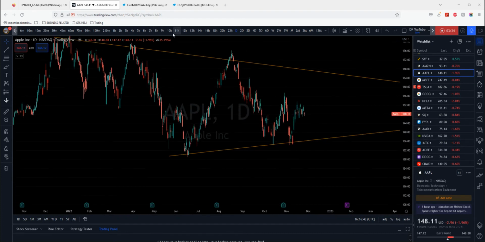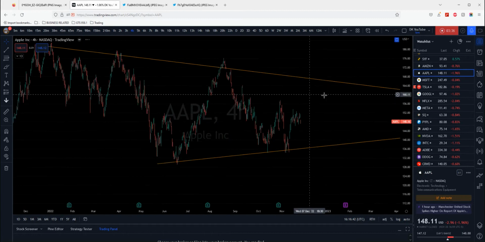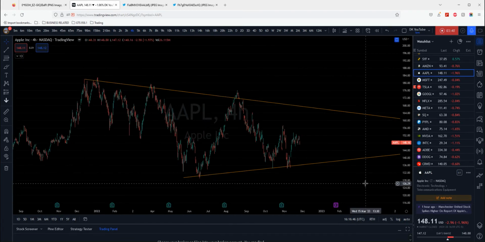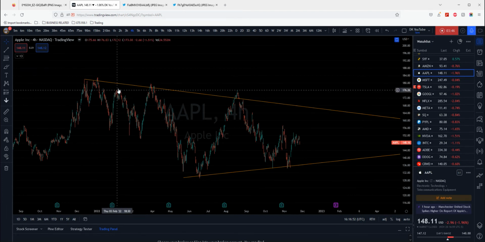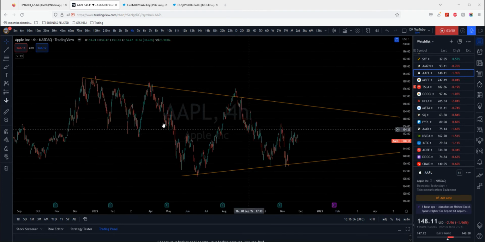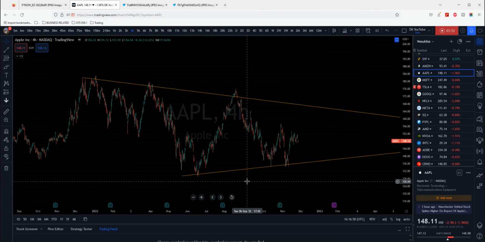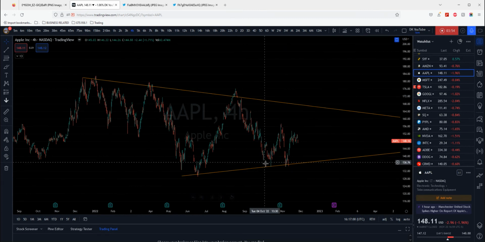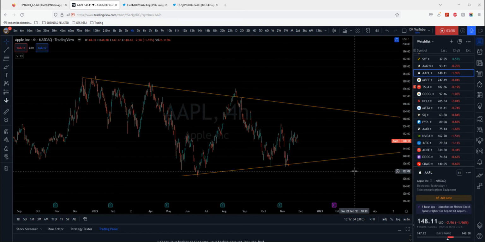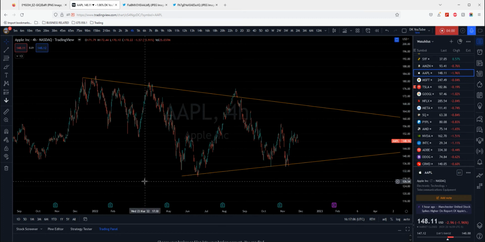So when we move back to a 4-hour chart, this is at least 1 year of distance. From here this is 22, this is 23. It's almost 1 year. So this took 1 year to play out. That's a long time. This is why it's a process. It's a process that takes time. It's a process that you need to trust and plan so you can stick to the plan